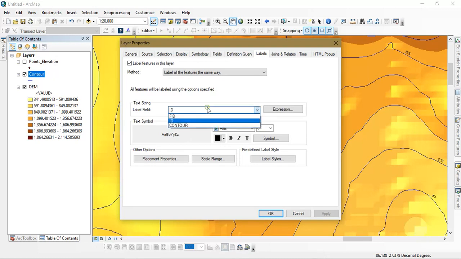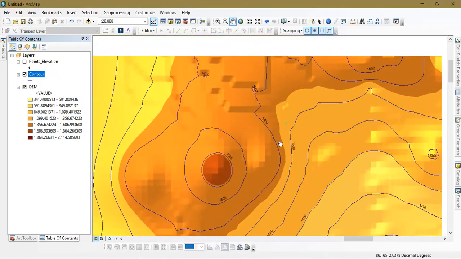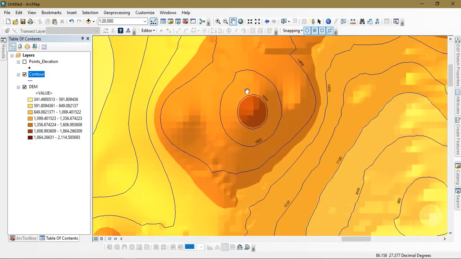Go to the option Properties and just select contour and just apply it and just give OK. You can see here now it has been corrected. The elevation is perfectly showing.